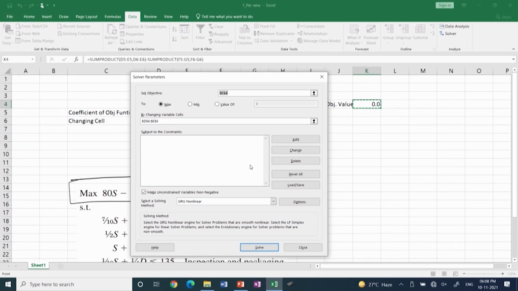Then you see that I am selecting a method called GRG nonlinear instead of simplex. There are different options there, simplex and nonlinear. So, I am clicking nonlinear. Then when I solve it,